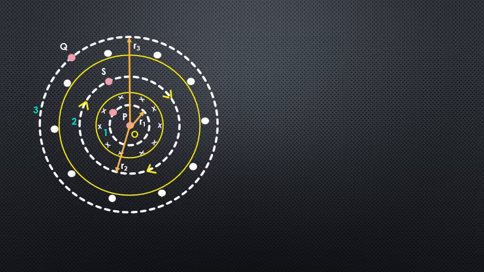Here the direction of current has been represented by a cross, and the cross represents current entering into the plane. So this is how the direction of current is in this given toroid. Now, as I told you through the previous diagram, point P is situated in the inner empty space of the toroid. Point Q is in the outer empty space, and point S is situated inside the toroid.